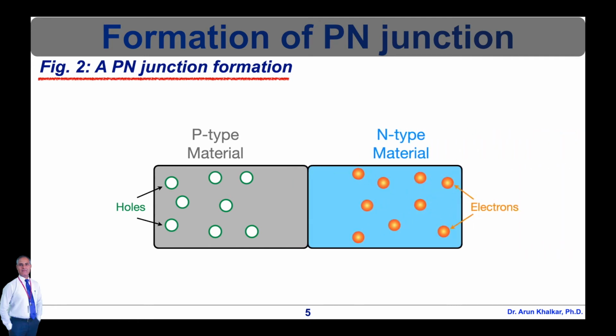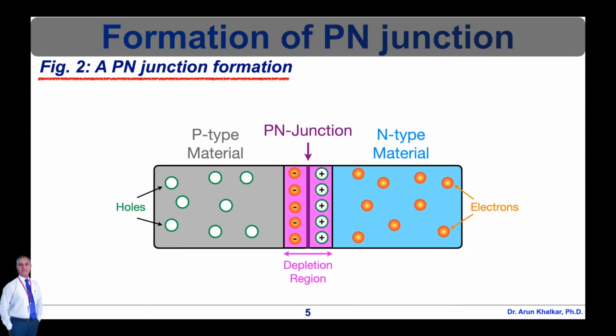As we know, there is a difference in the concentration of holes and the concentration of electrons at the two sides of a junction. The holes from the p side diffuse to the n side and the electrons from the n side diffuse to the p side. This gives rise to a diffusion current across the junction. When an electron diffuses from the n side to the p side, an ionized donor is left behind on the n side,